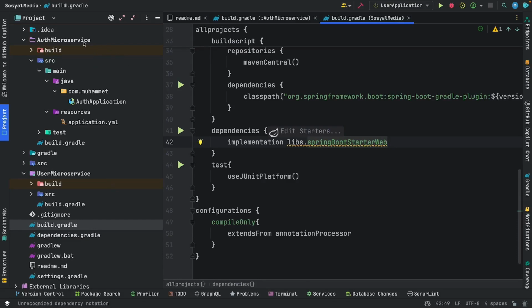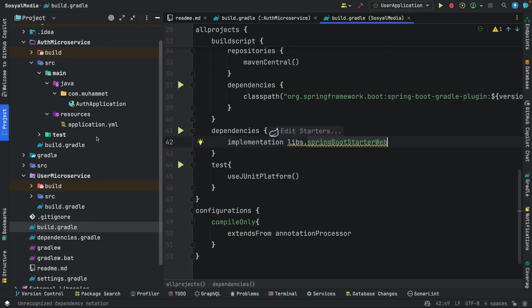That's why you need to implement the PostgreSQL dependency specifically for the Auth Microservice and the MongoDB dependency specifically for the user microservice. So, pay attention to these things. You add the general ones here, and the specific ones you add to their own initial Gradle files. Guys, now, in terms of what we need to add specifically for the microservice,